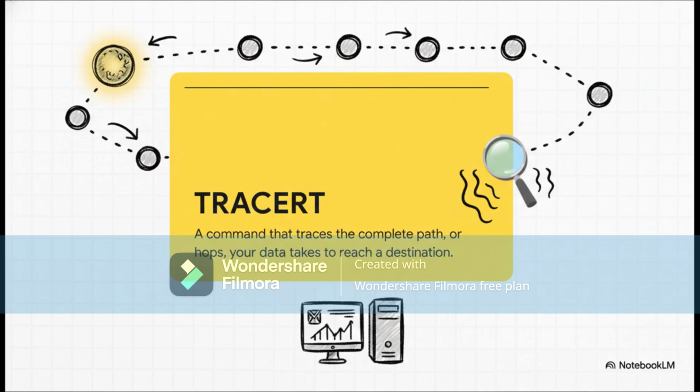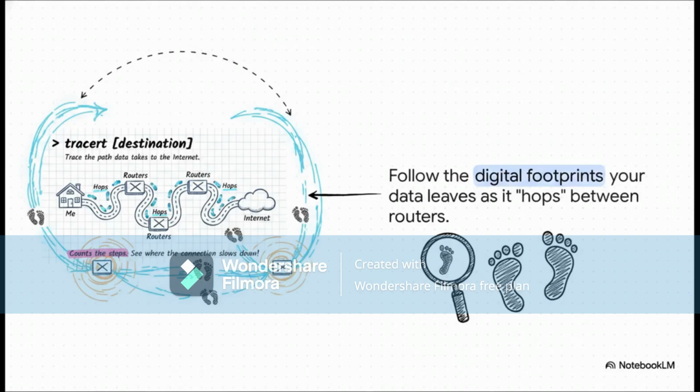This is an incredible command that lets you map out the entire journey your data takes, step by step from your computer all the way to its final destination across the internet. You see, your data doesn't just travel in a straight line. It hops from one router to the next all across the internet. Tracert acts like a GPS with live traffic updates, showing you every single stop along the way. And by looking at the time it takes to make each hop, you can see exactly where the slowdown is. You can pinpoint the digital traffic jam, whether it's an issue with your provider or some server halfway across the